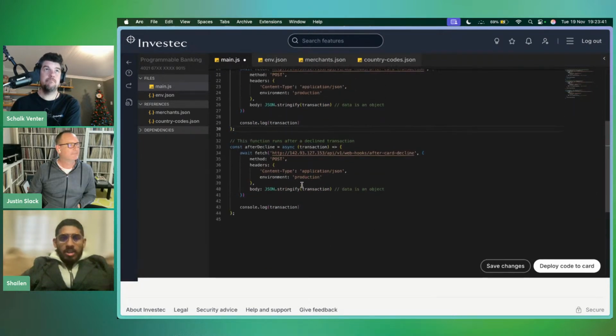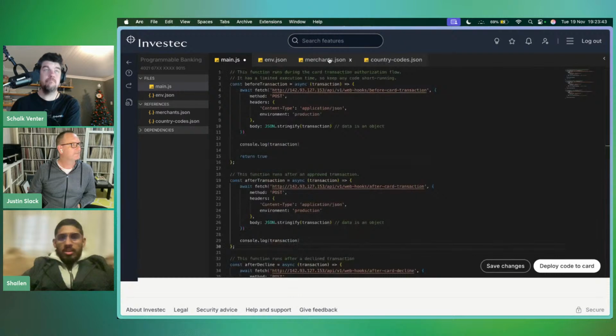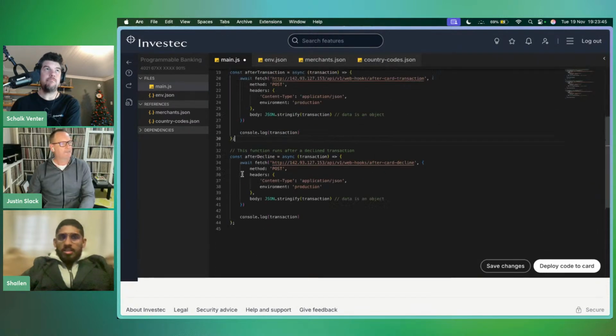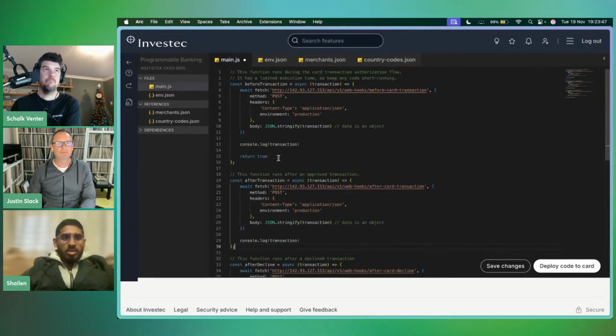Yeah, there's some really neat stuff going on after decline. But yeah, I mean, this is the interface for it. I would not write logic in this thing at all. And then after you're done, let's say you make a couple of edits, you deploy the code. You just click deploy, and it actually deploys to